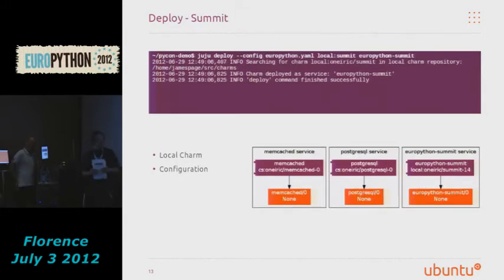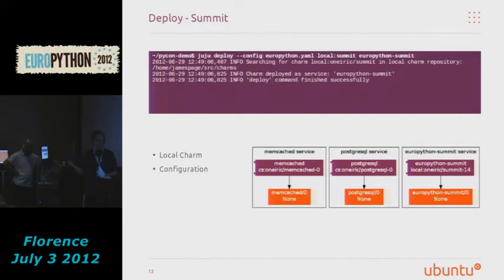So we're now going to deploy the Summit service itself alongside that. So Summit's not currently in the charm store. I expect it will be at some point in time, but it's really in development at the moment. We have one production type deployment in Plumbers, and we'll be doing the next Ubuntu Developer Summit using the charm as well. And I think at that point in time, we'll probably look for entry into the charm store. But we need to get some confidence around how it functions, how it works before we'll take that next step.